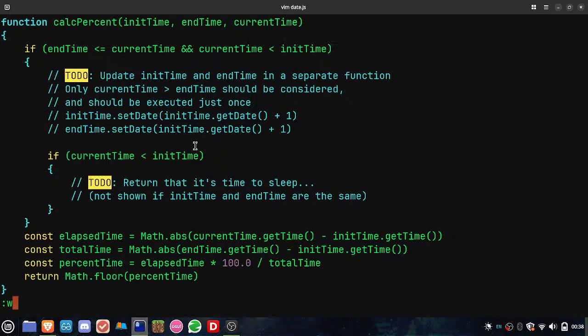I need to write an equation: init time is less than or equal to current time, and then current time is less than end time. Seems fair. And now there are a lot of tools. Update init time and end time in a separate condition function: if the current time is greater than init time, end time should be considered the current time